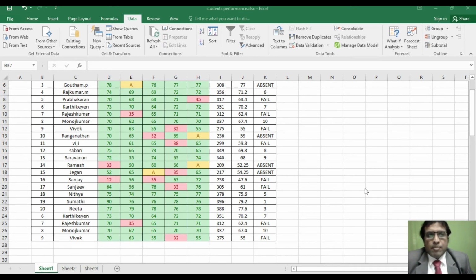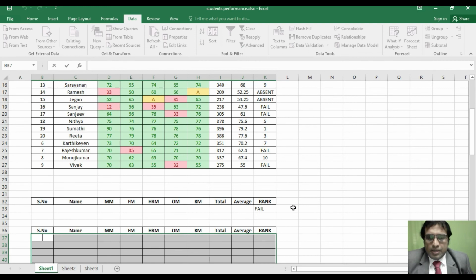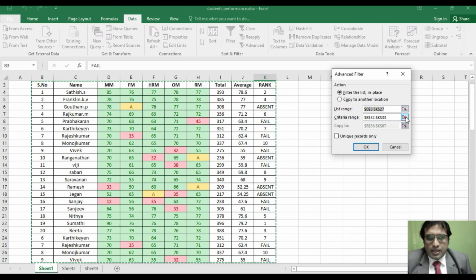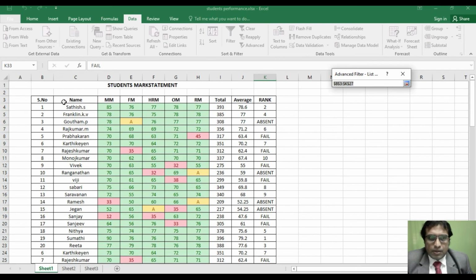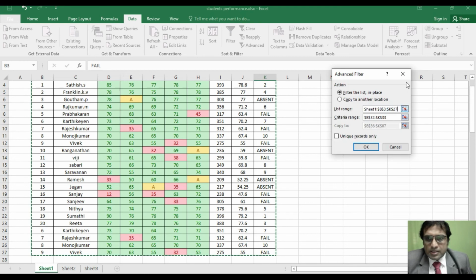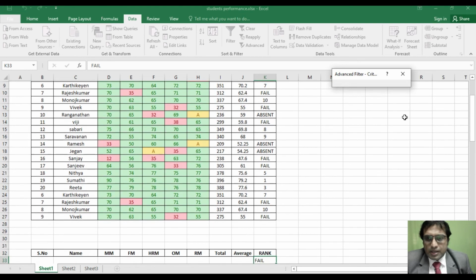Now let us apply advanced filter so that we can get the list of failed students. So here purposely I have added some data, replicated data I have added in this file. Let us see how it works. So the criteria I am going to give is fail. Okay, so once again clicking advanced filter, list range, it is intact. Anyhow, once again we'll select. So replicated data here I have given, you can see here some data I have given as a replicated data.